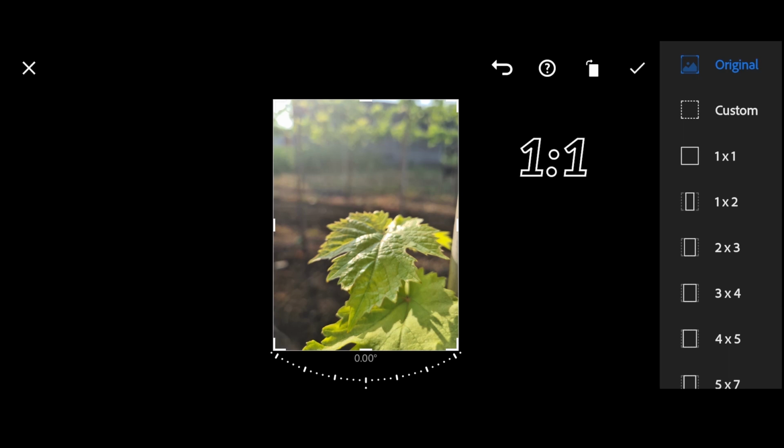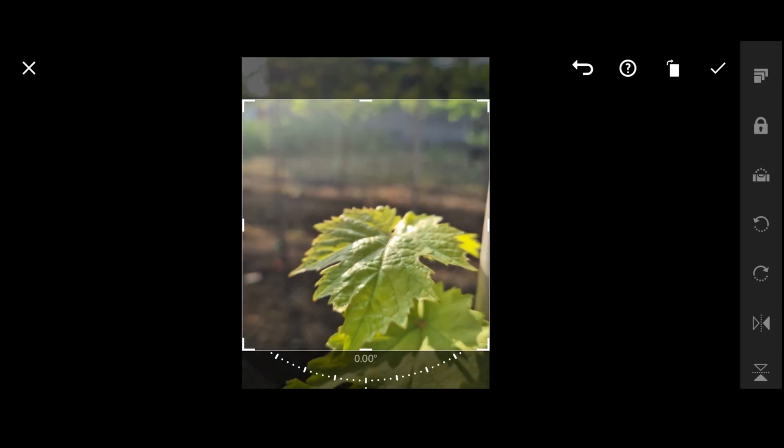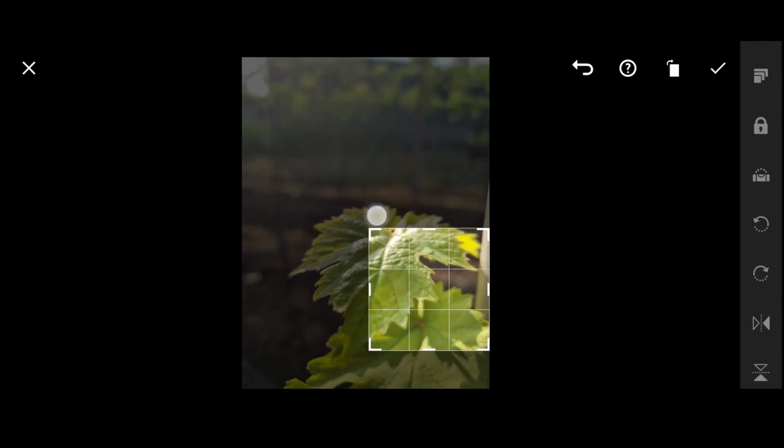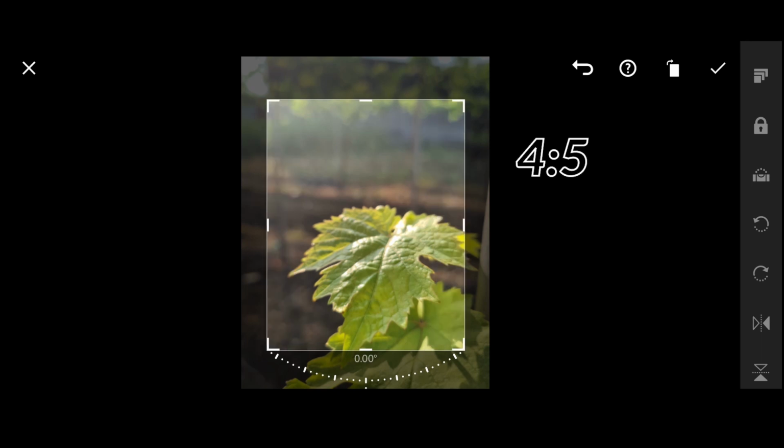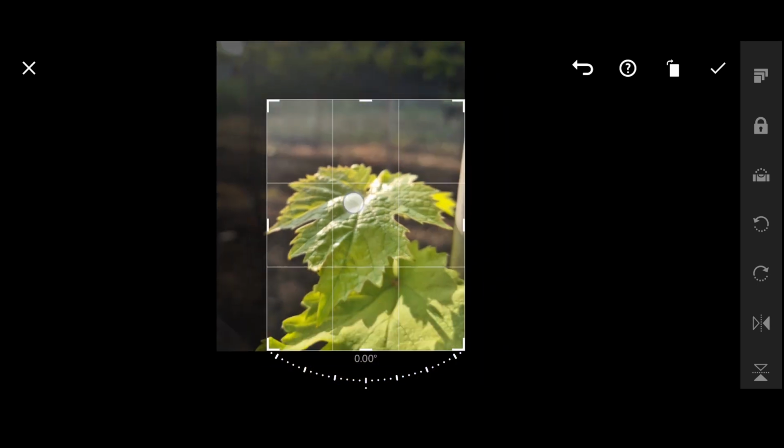Now the aspect ratio is the ratio between width and height of the photo. If I choose 1:1, then it is basically a square. As you can see, the handles are square. The 9:16 or 16:9 is used for most PCs, so choose it if you want to create a wallpaper for your laptop. The 4:5 aspect ratio is useful for Instagram posts. So I'll just choose 4:5 here and crop out the unnecessary part of the image.